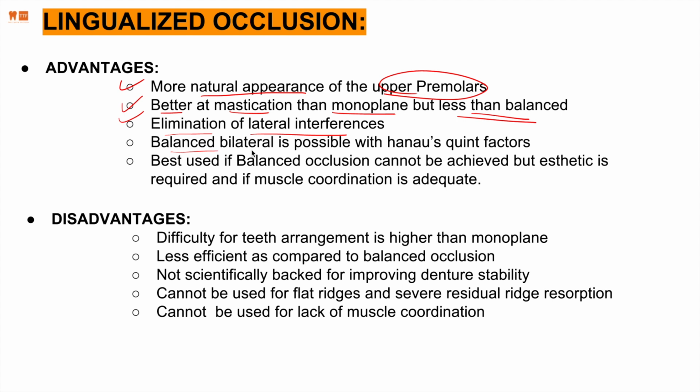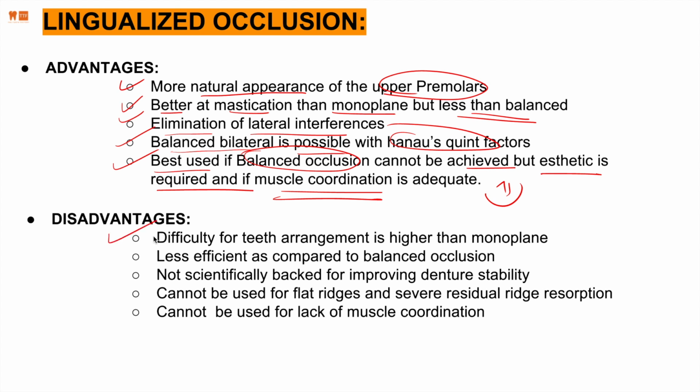The bilateral balance is possible using manipulation of the Hanau's quint, and it is best used if balanced occlusion cannot be achieved, but aesthetic is still a requirement, and the muscle coordination of the patient is adequate. That's the indication. Disadvantage is the difficulty of teeth arrangement is higher than monoplane because it's lingual on both sides,